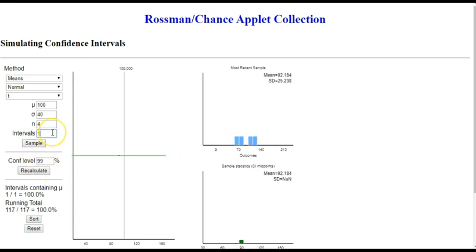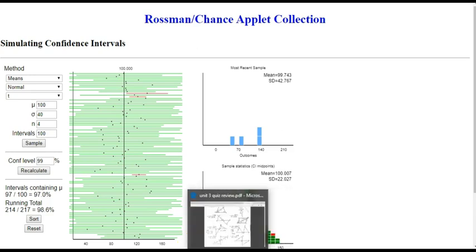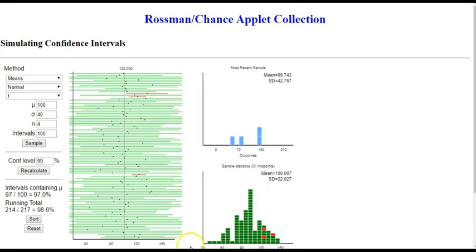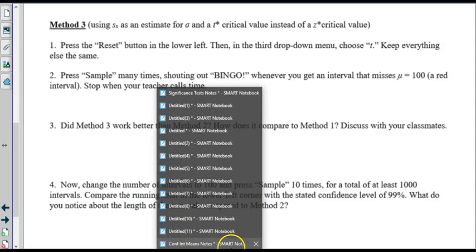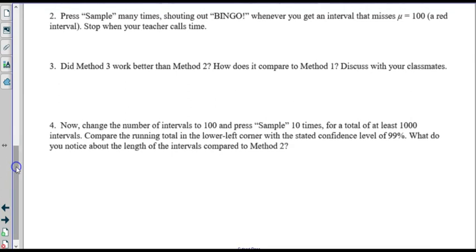So look how the intervals are longer, right? So now I'm going to change it to 100, see what happens. Okay, so we have 2 there. Oh, 3, you're right, 3. 3 that didn't make it. Now, to method 1, we actually got kind of a freak answer of 99% of that first one. So I'm going to say, not this time,